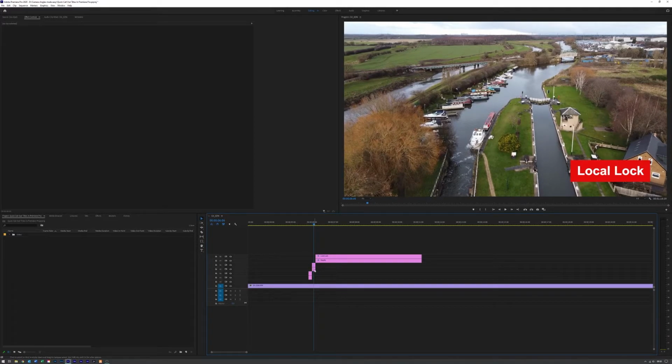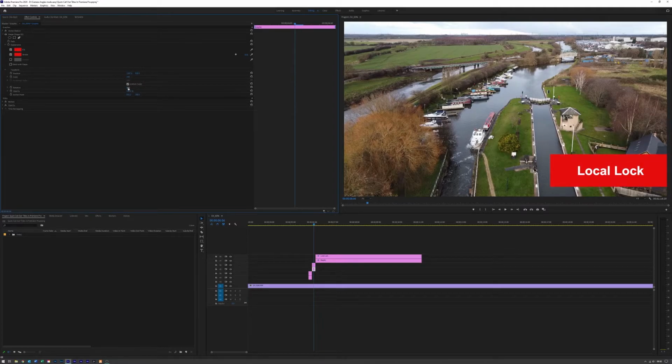Now this one, what I'm going to do is grab that, and make the scale 150, like so, and give it a rotation of -9. Actually no, let's make it 9. I prefer it the other way.